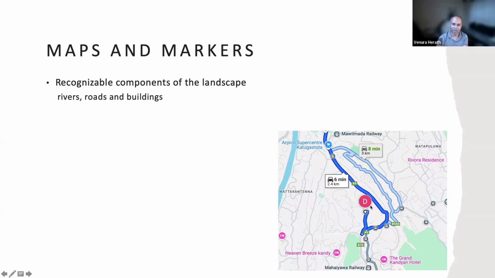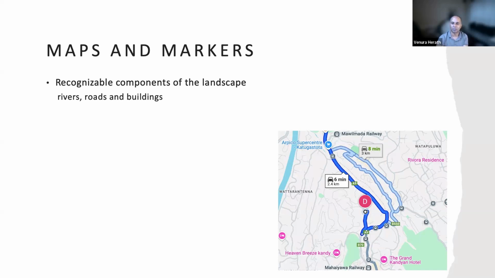The map will provide all the landmarks, and now I know it's right next to the Apico Super Center, Katugastota. I mean, a map is something like that, and when it comes to genetic maps, we talk about